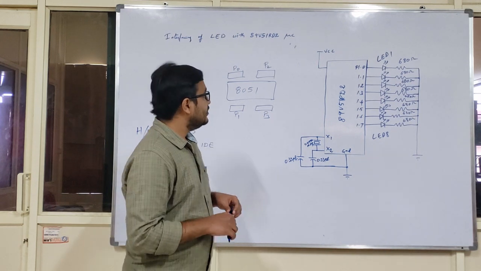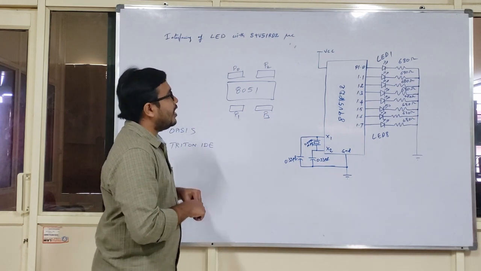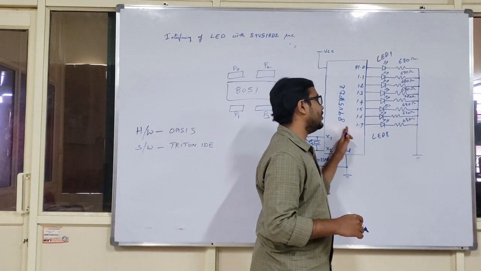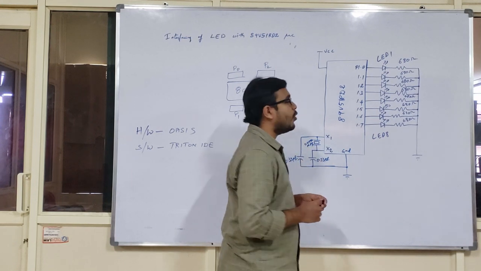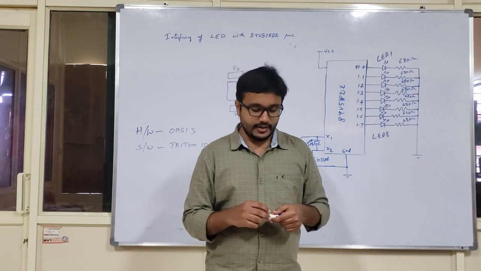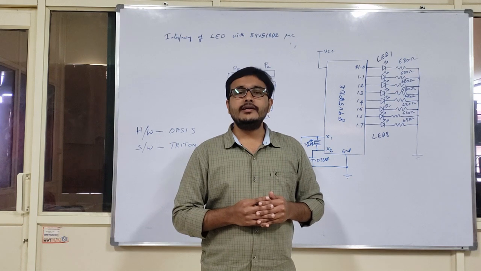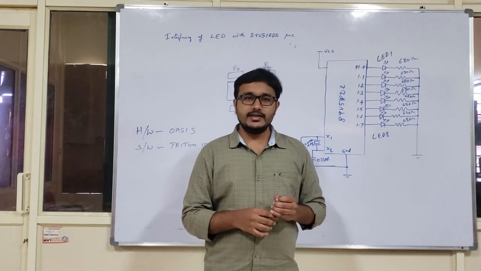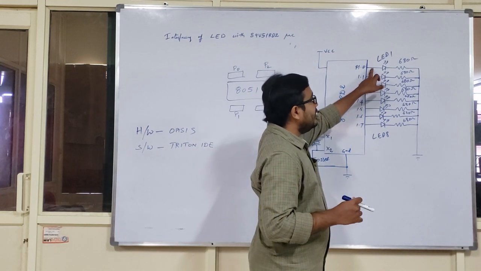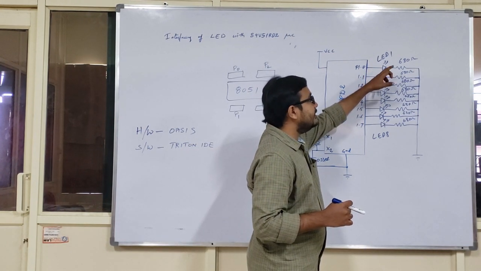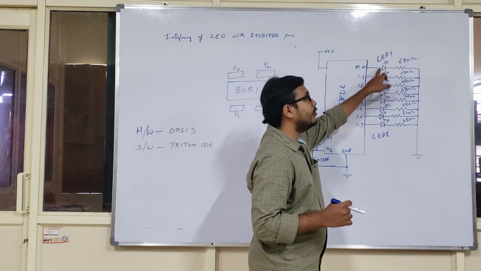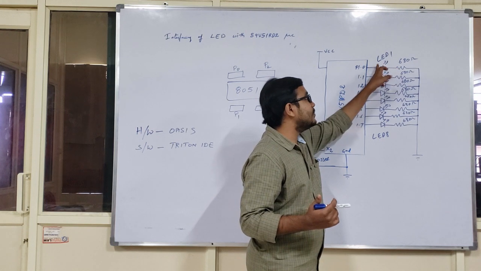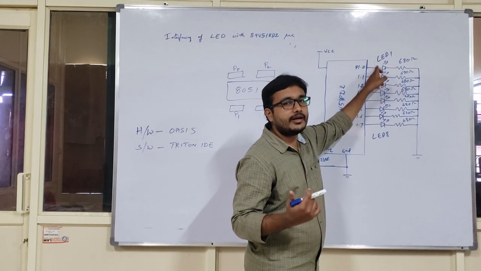Right. Now, according to our today's discussion, how to interface your 8051 microcontroller with LEDs, we should know the working principle of the LED. The working principle of the LED is based on electroluminescence. What is this electroluminescence? As the value of current passing through the LED increases, the brightness of your LED correspondingly increases. That means the luminance is proportional to the input or incoming current.